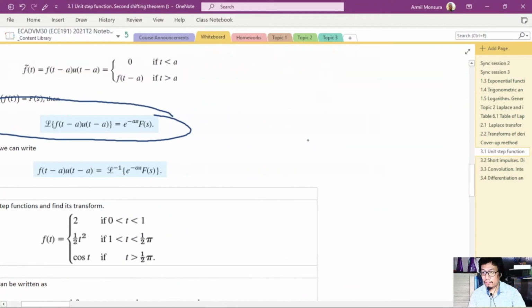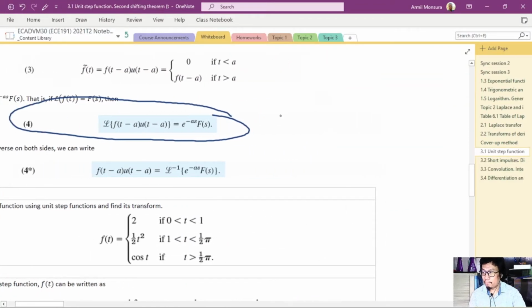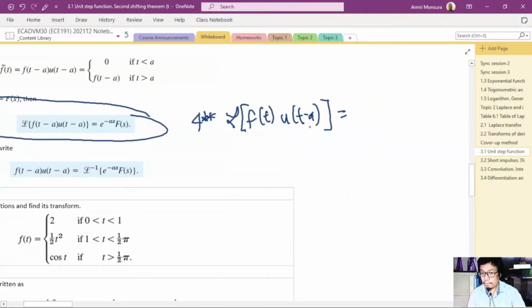Instead, we take the Laplace transform of f of t times u of t minus a, which is equal to e raised to negative as times the Laplace of f of t plus a. So that's an alternative formulation of the second shifting theorem. In the next example, I would explain